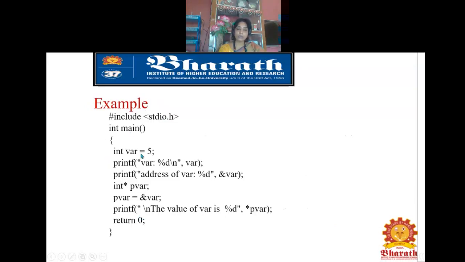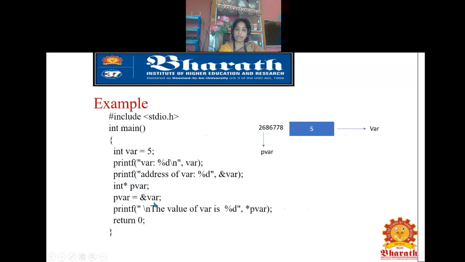Now see the demonstration for the reference and the dereference operator. For example, in this case, I have stored the variable var with a value of 5. Then if I print the value of this variable var, it will give the value as 5. Now I want to know the address in which this 5 has been stored. In this case, this 5 is stored inside the memory location 2686778. So this value will be printed by using the reference operator. Now I am going to create a pointer to this variable. This pointer variable is denoted as int star pvar.